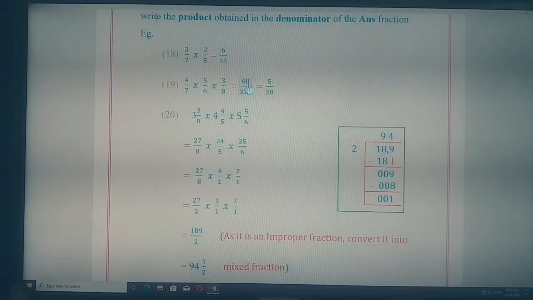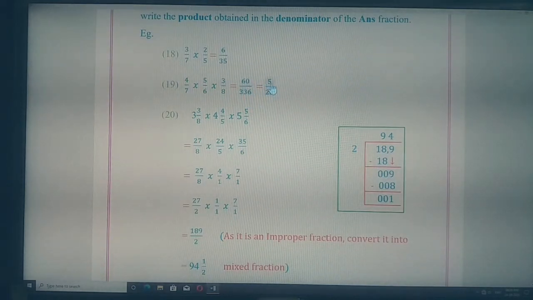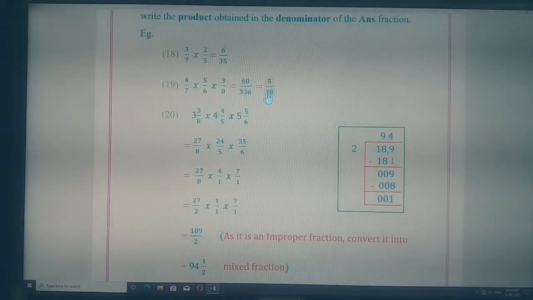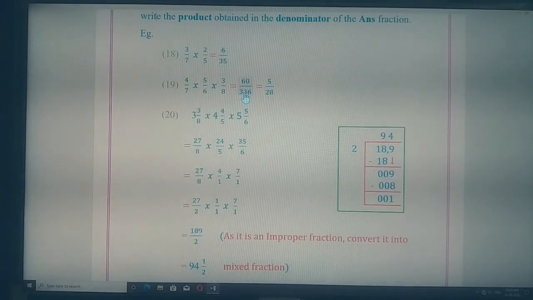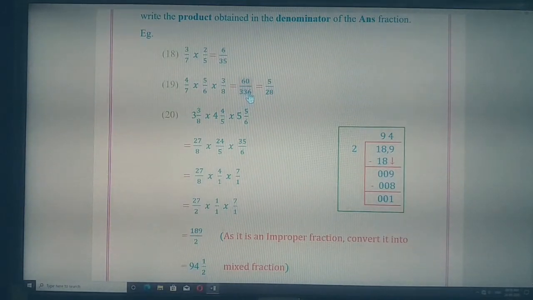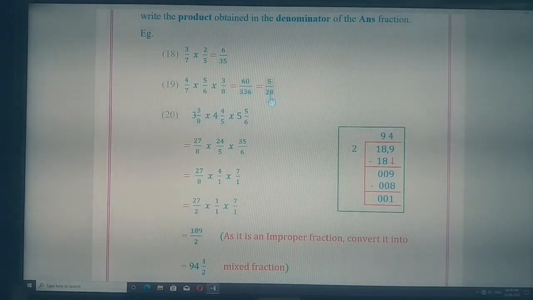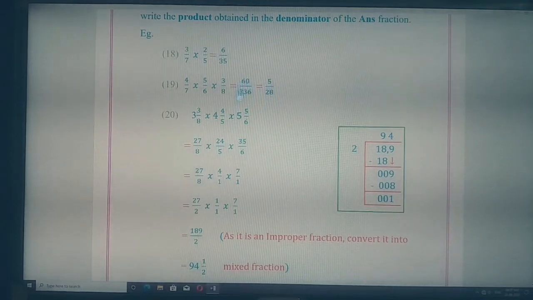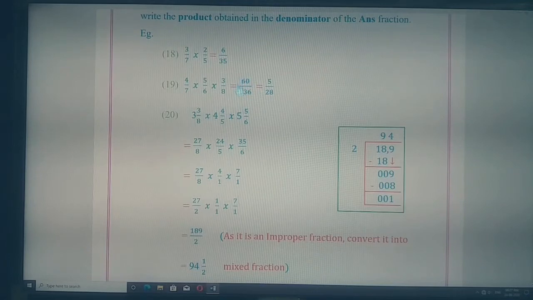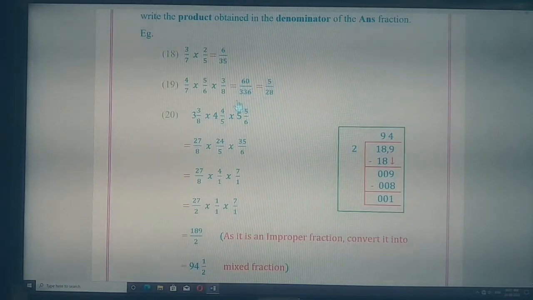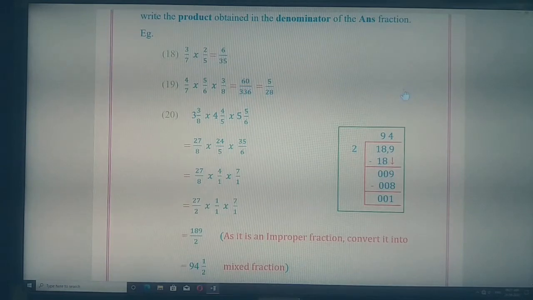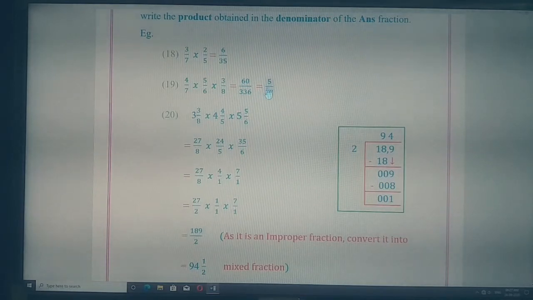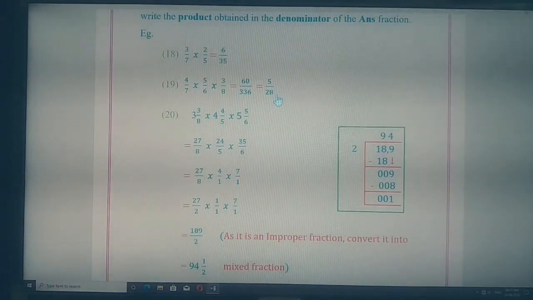Now this can be cancelled with 12's table. 12 5s are 60. 12 2s are 24, and 12 3s are 36, so 3 is carry, and it will become 96. 12 8s are 96. So with 12's table we can cut 60 also and 336 also. We just have to simplify this fraction further and reduce it to the smallest terms. 12 5s are 60 and 12 28s are 336. We can even do the calculation in the rough work, check it, do all the cutting in the rough work, and then write down the answer over here. The answer is 5 upon 28.